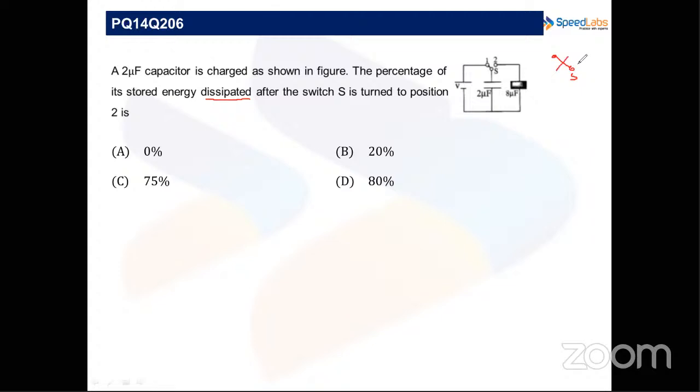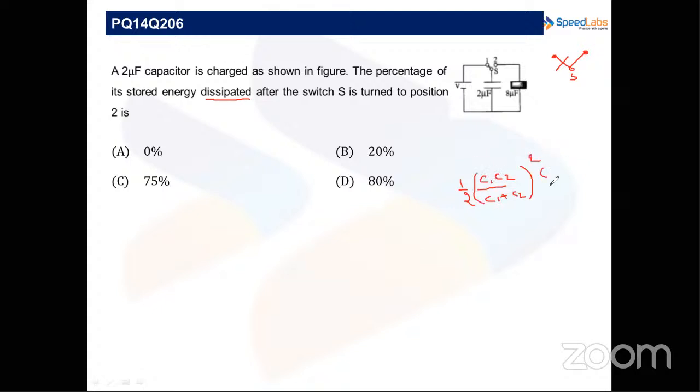So when you turn it into position 2, what will happen? First capacitor, 2 microfarad capacitor will get charged. It will store some energy. Then when it is switched to position 2, some of its energy will go into 8 microfarad capacitor also. And जब energy का redistribution होता है, at the time some energy losses are there, right? उसका formula याद है किसी को? The energy lost is half C1 C2 upon C1 plus C2